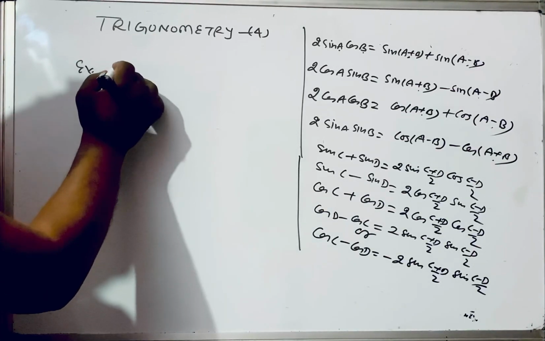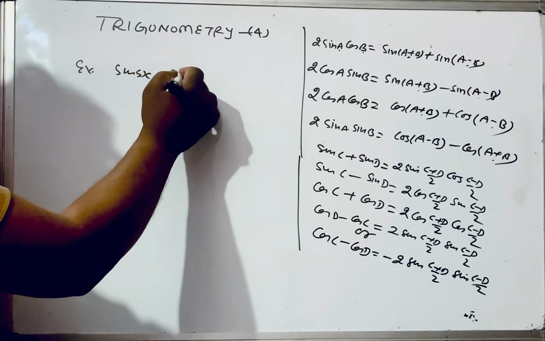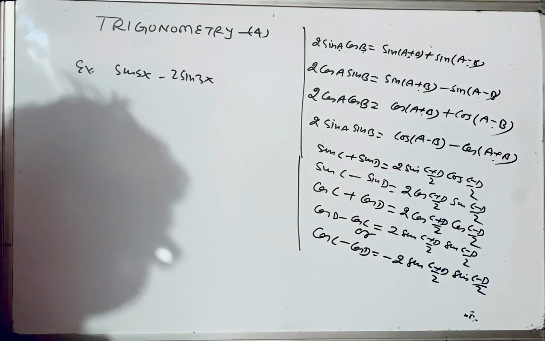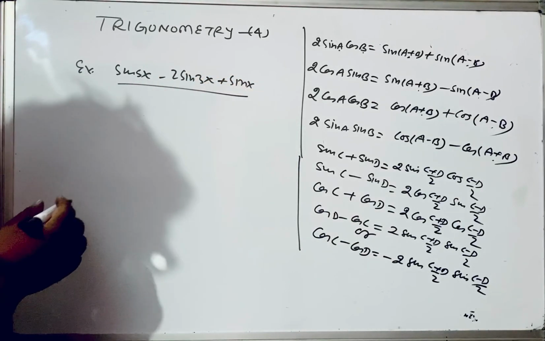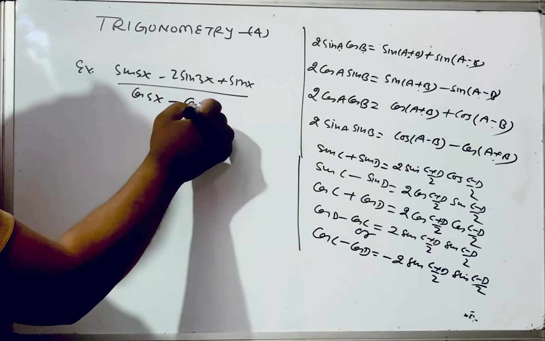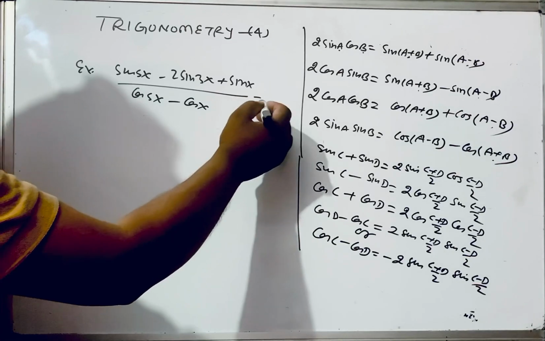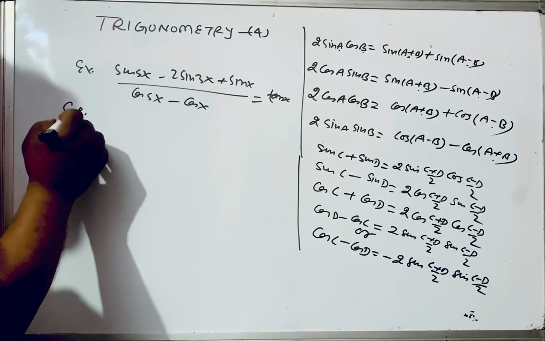Example: sin 5x minus 2 sin 3x plus sin x upon cos 5x minus cos x is equal to tan x. Solution: